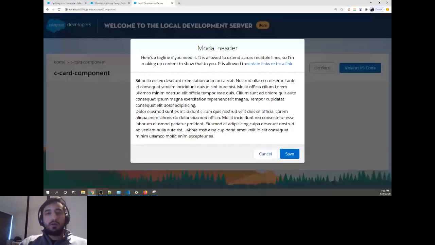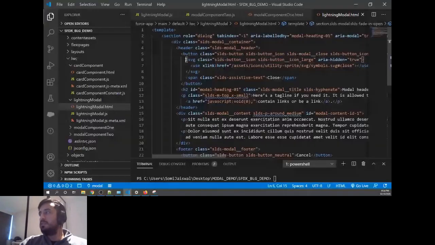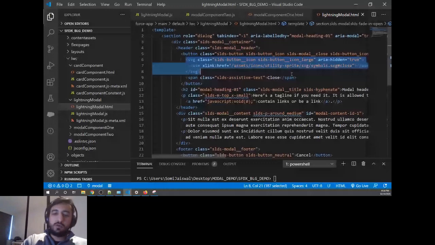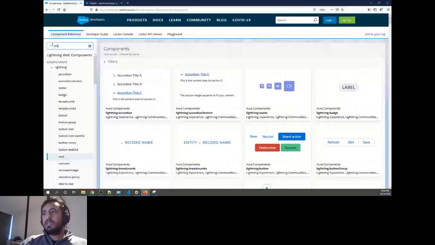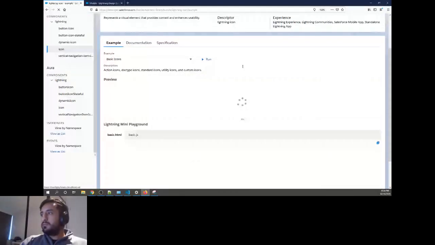And to get the icon, because in the code that we have copied, they are using SVG icons that are not available to us. So I'll just remove this as it is, and I'll start thinking, okay, from where I can get the icon. So I know I already have a library where I can find the icon. I'll go back to the component reference, I'll look into icons, and I'll say, okay, let me search the icon, cross icon. So here it will show you the code of all the icons that they have. So it's loading right now. So here is the code for the icon.